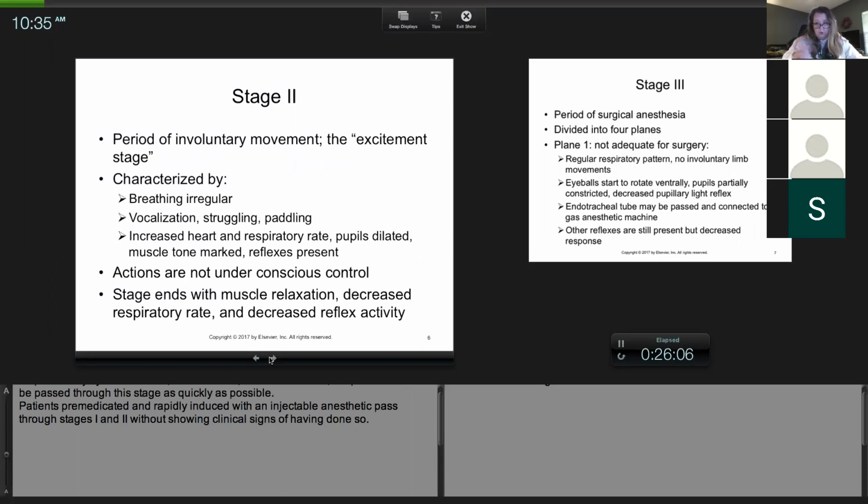This would be an extra note to write somewhere on a paper or somewhere on the side. Stage 2 is called the excitement stage or the excitement phase. And we want it to be brief. The breathing is going to start to become irregular. Sometimes it's very interesting. The more